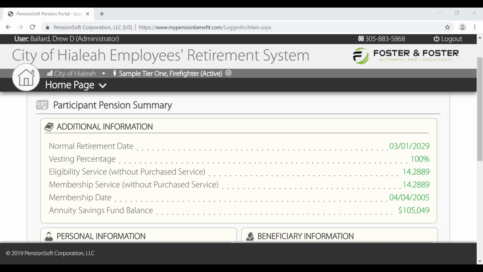So you can see here the home page screen that is brought up in the portal, and this is really what the login screen will look like once you have logged into your own account. So you'll see at the top of the page we have a participant pension summary. So as soon as you log in as a member, this is the screen that you will see, which has some information regarding